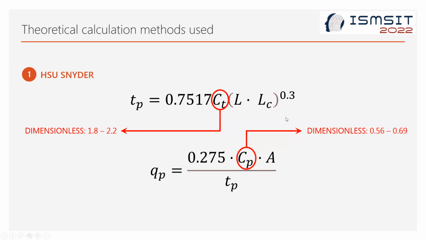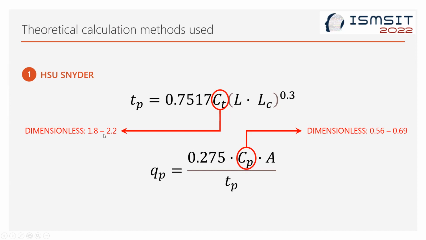These are the formulas used, where you can see that T sub P is the basin delay time in hours, and C sub T and C sub P are dimensional coefficients with values that depend on basin inclinations,